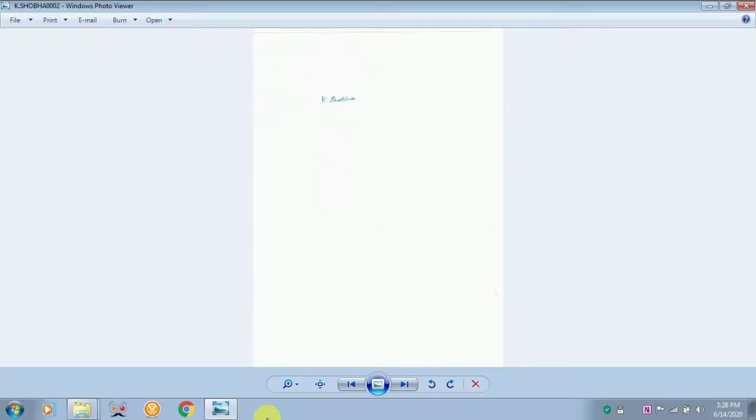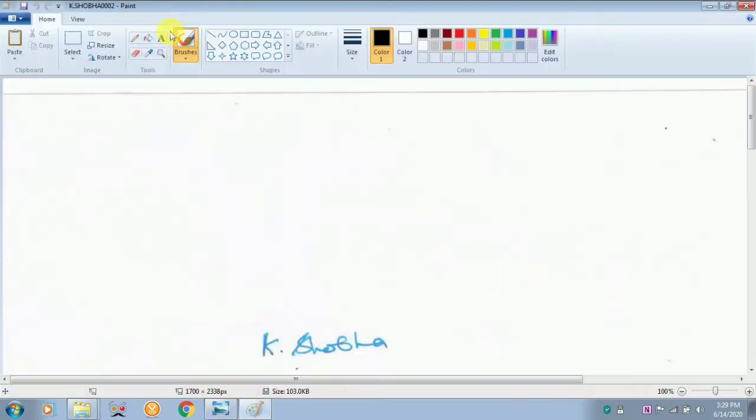Next, you have to sign on a white paper and scan it. Later, save it in JPEG format. So you can see the sign over here. Now you have to reduce the size of it. For that, go to open, click over it, select paint